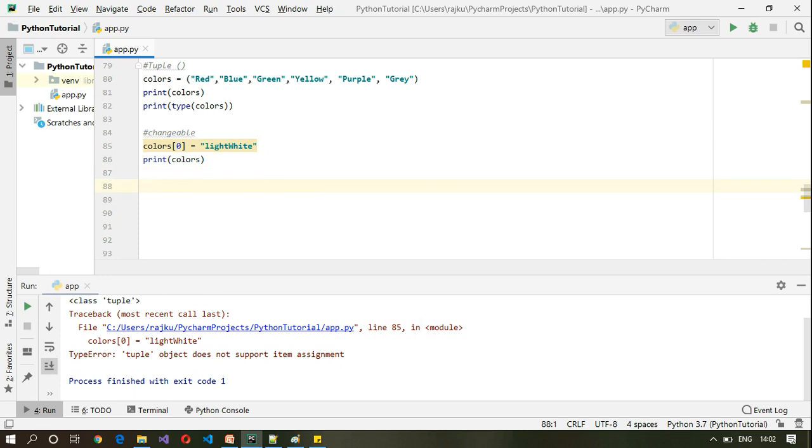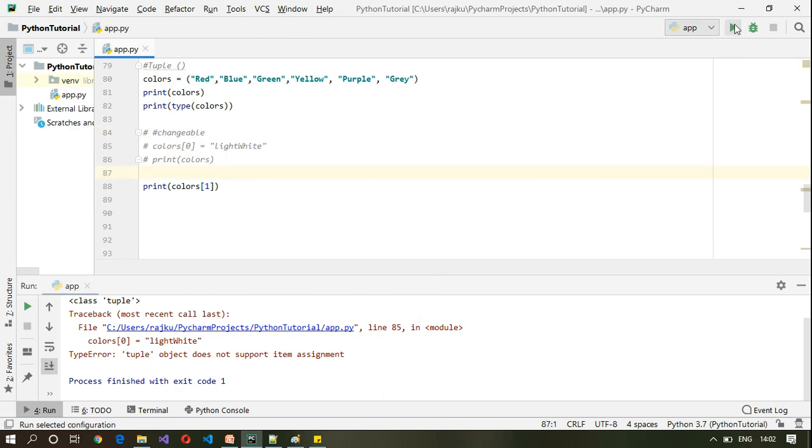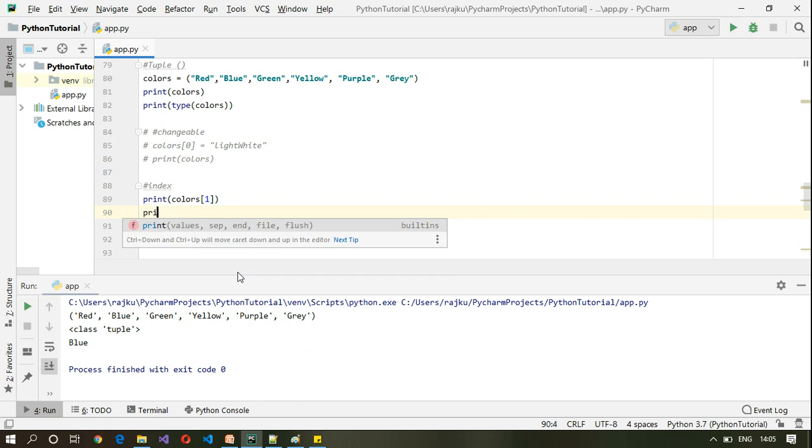However, we can also use the index part, colors of 1, for example, we can print it. Let me comment this out as we cannot change it. So it prints blue, which is at index 1. We can also use negative index here.